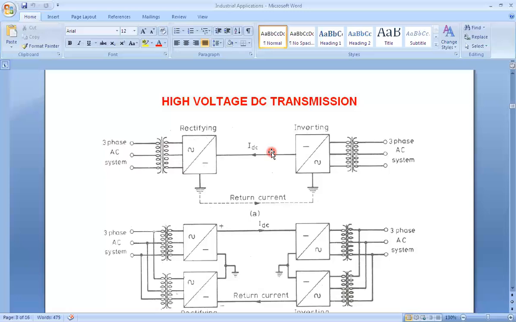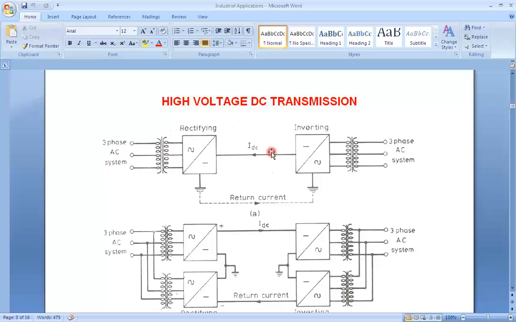In AC transmission system, there is a skin effect on the conductor, so overall cost increases. Limited current we may get over the surface of the conductor. In HVDC transmission system, there is no skin effect, and as there is no skin effect, the size of the conductor in DC transmission system gets reduced. So here we are reducing the overall cost of the HVDC system.